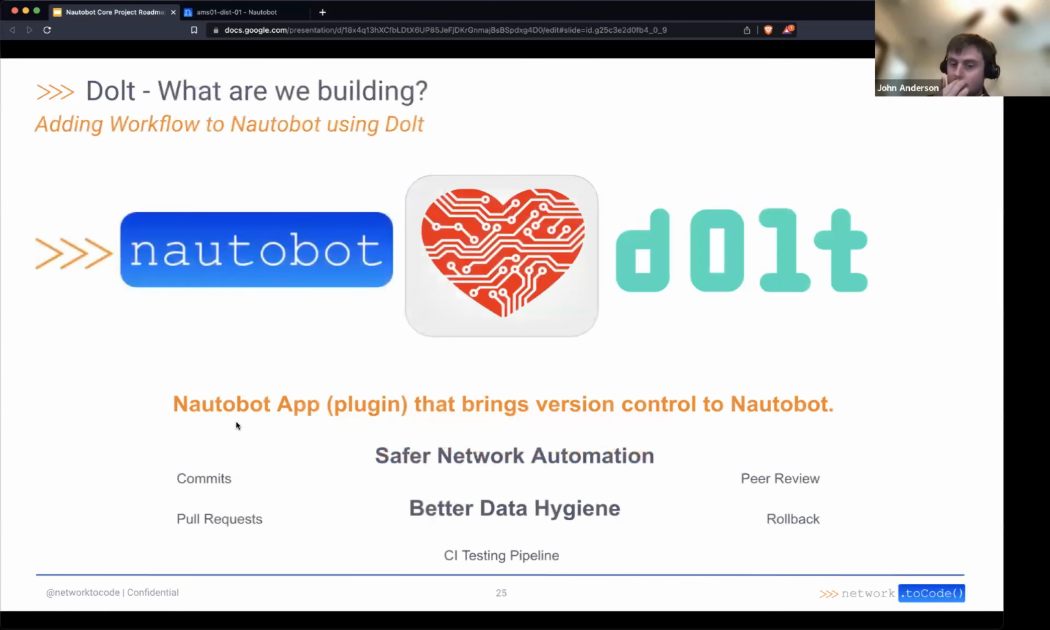So really powerful from a network automation perspective, because this is going to help us solve a lot of very specific business related problems of peer review and tracking small changes and commits and so forth, better data hygiene and so forth. But it's also going to help the implementation side of the house of, if you're using your network source of